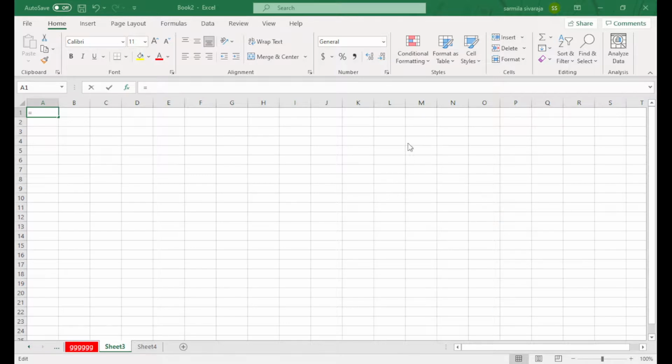For example, when I use SUM, I need some details of the SUM. I can type it and press OK. It's going to show your function name and give the syntax of the function. If you need SUMIF, it also provides the syntax of SUMIF: the range, the criteria, and the sum range, everything is in the syntax.